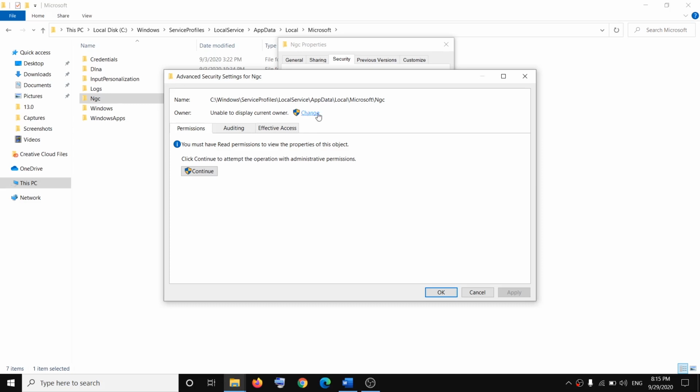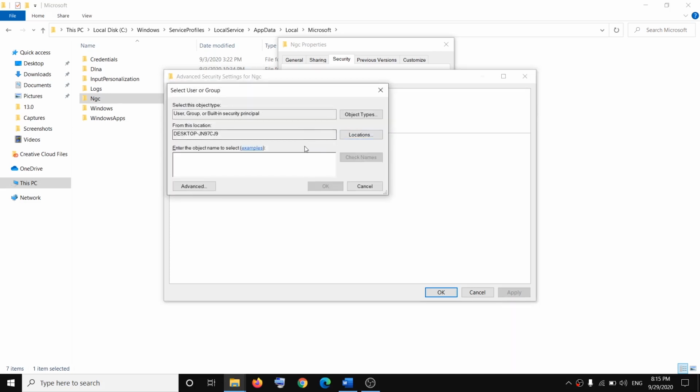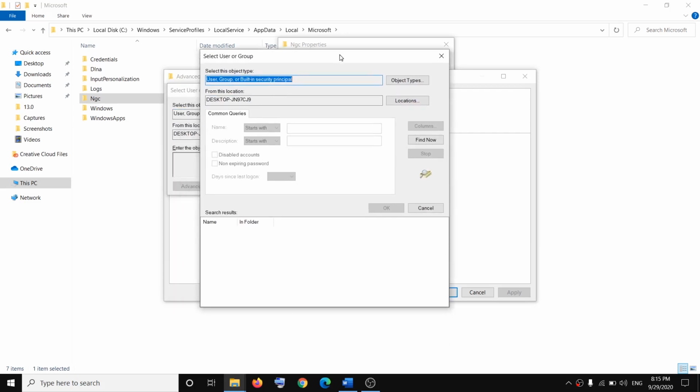then click on change, and then click on advanced over here, and then click on find now, and then find your username over here.